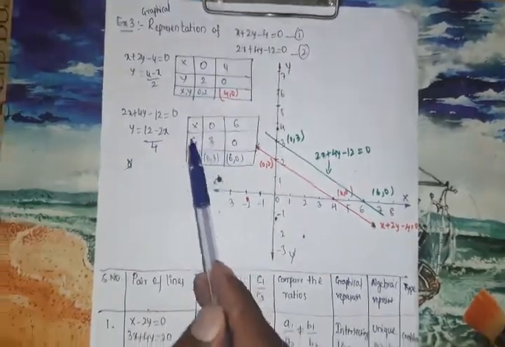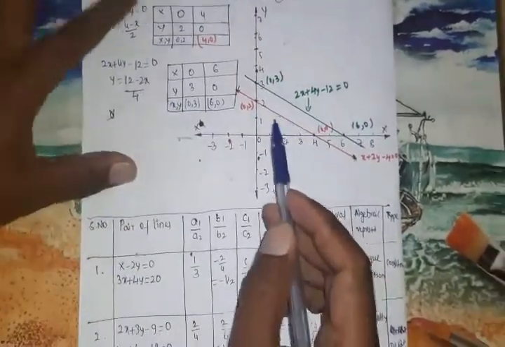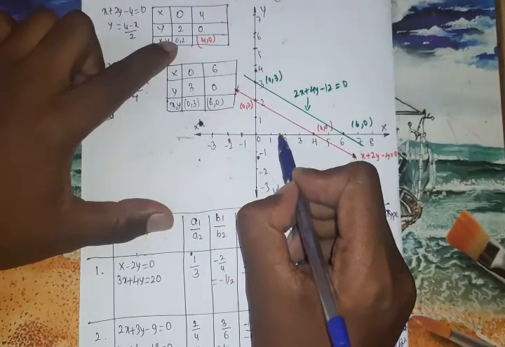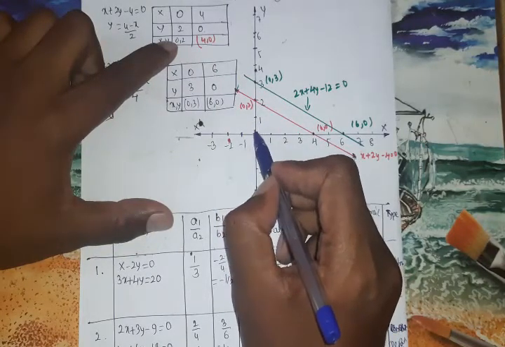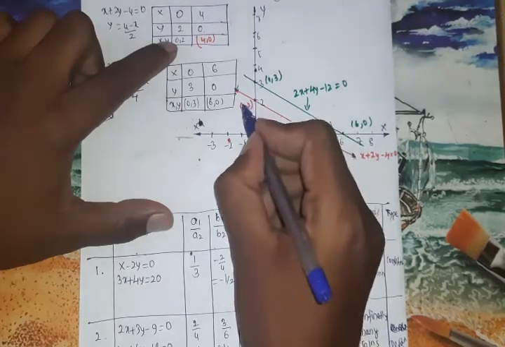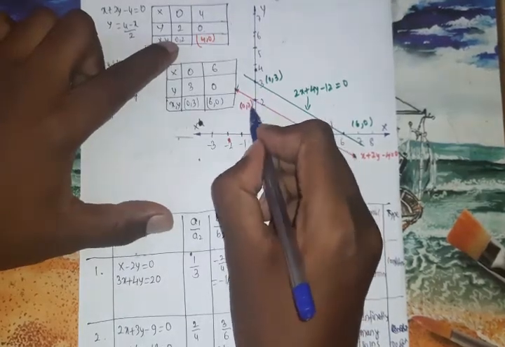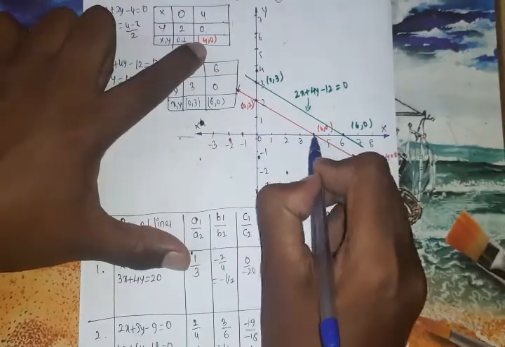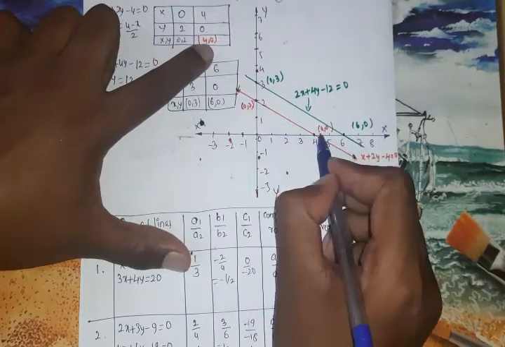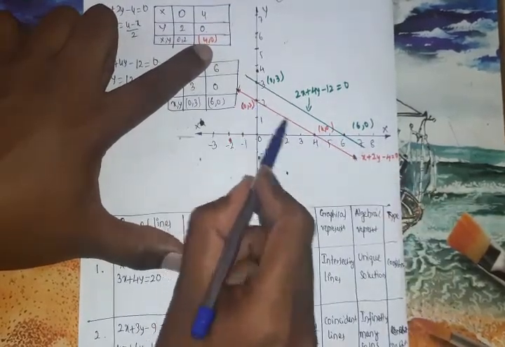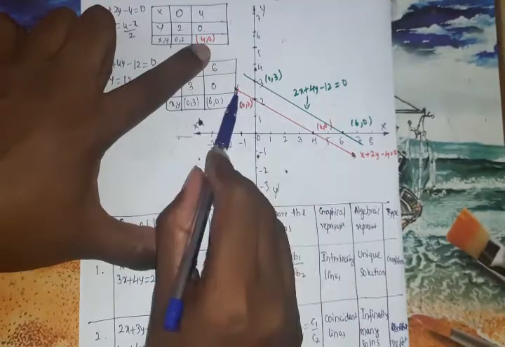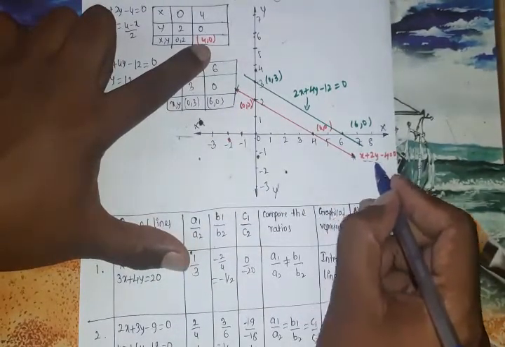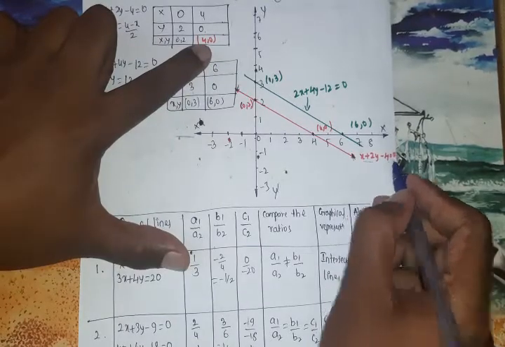Let us try to plot these points. So (0, 2), x is 0. On this line I have to go for y. Y is here, so I have got 1 point (0, 2) and (4, 0). So on the x-axis this is 4 and y is 0. So here only you join these 2 points, and it will represent a straight line. This line is for the equation x plus 2y minus 4 equals 0.